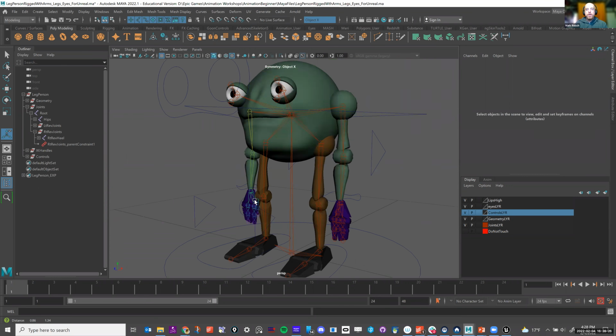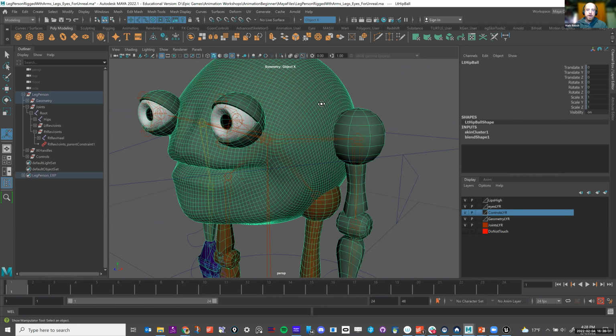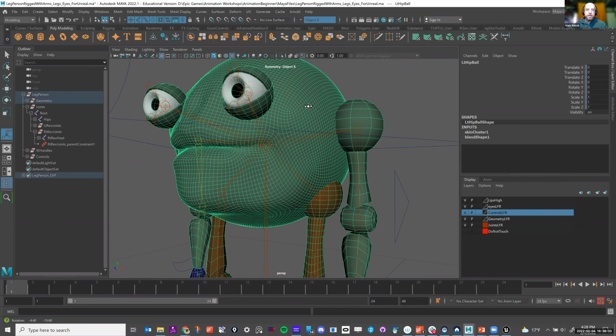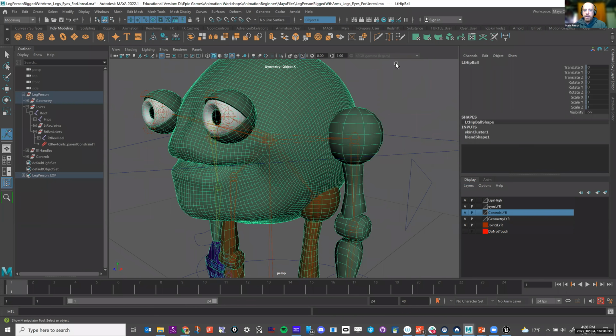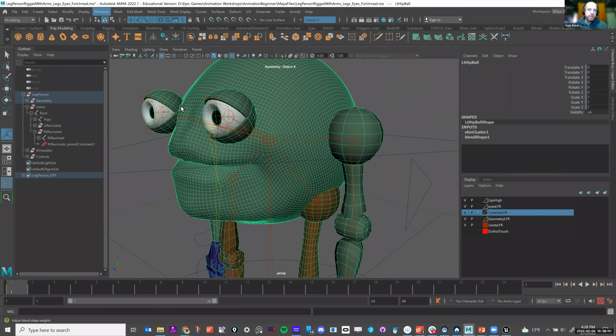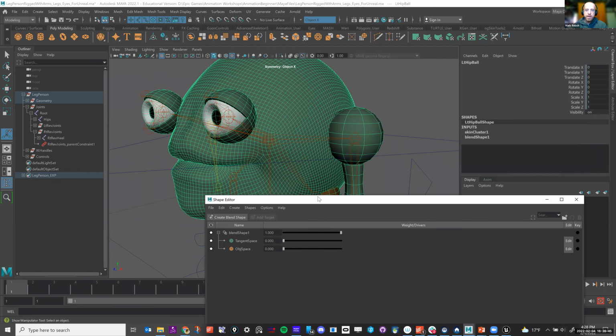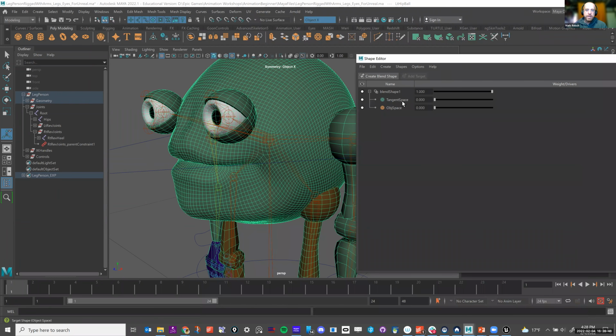Okay. The other thing that I wanted to talk about here is the face. I have Blendshapes on this, and if I go into Windows, go down to Animation Editor and Shape Editor, okay, I've created some Blendshapes on this, and I've done them in a way that I have it either in tangent space or object space. And you might be wondering, well, what does that even mean?